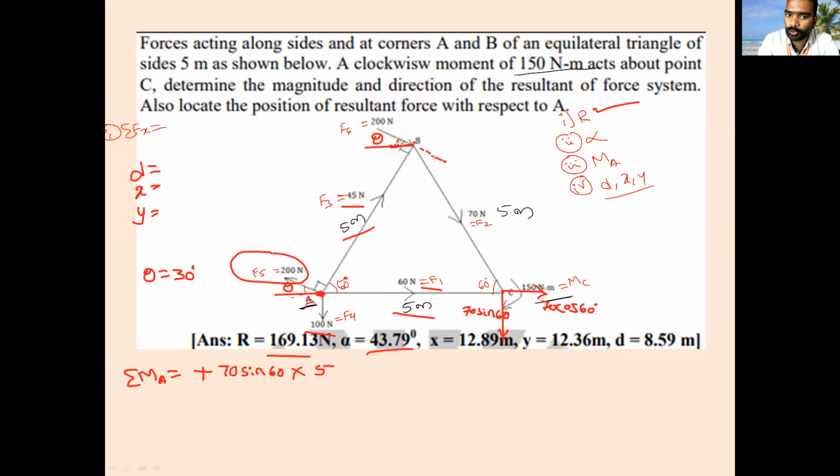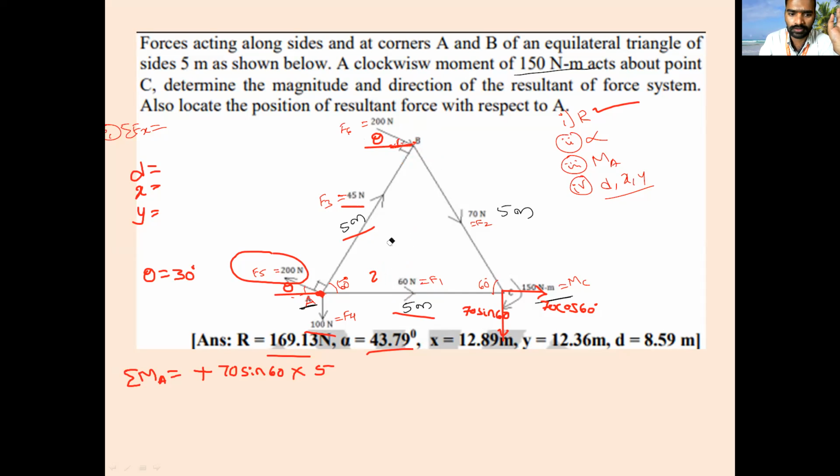You have to resolve this into two components, one horizontal and one vertical. The vertical component is passing at a distance of 2.5 meter, but for the horizontal component, you have to find the perpendicular distance. Again horizontal component into vertical distance, and vertical component into horizontal distance. That way it will also come, but don't consider that one because the line of action of this F6 force is exactly perpendicular to the given point. He has already given that, 5 meter. So I will just consider the given distance. Is it clear, everyone?